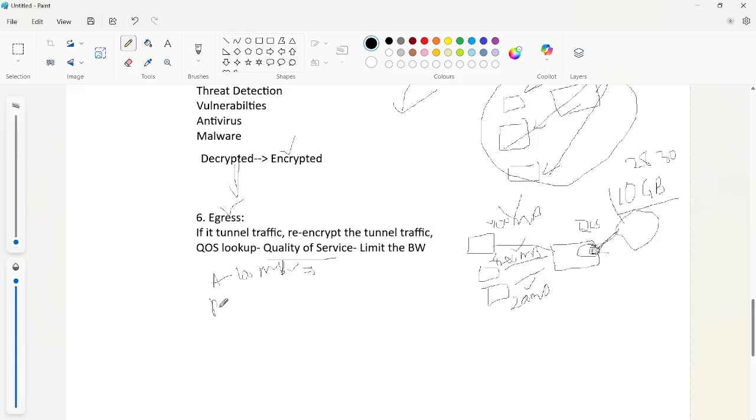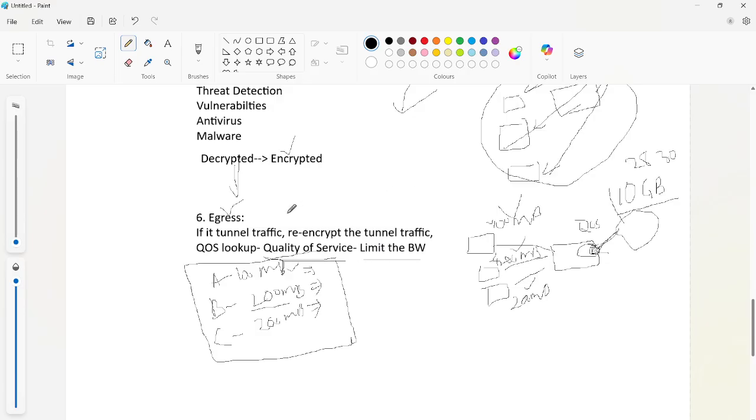In the same way for user B we are providing 200 MB. User B will use the data until 200 MB, and after that they will get only limited speed, but they are not going to access anything. User C also will get data up to 200 MB, and after that they will get only limited data. Likewise we are going to limit the bandwidth for the users. If you are buying a large bandwidth from the ISP, you have to limit the bandwidth for the users by using quality of service.